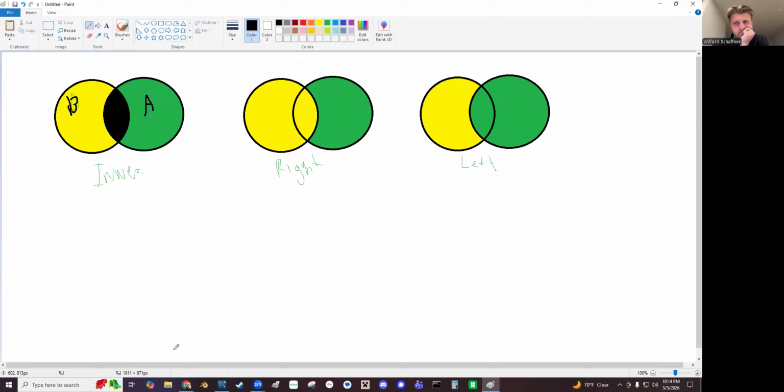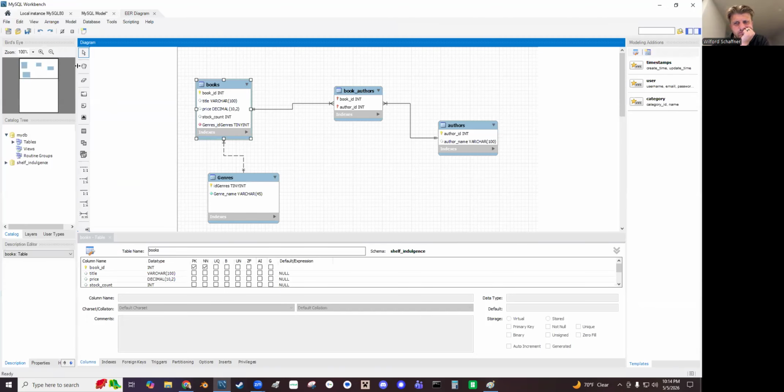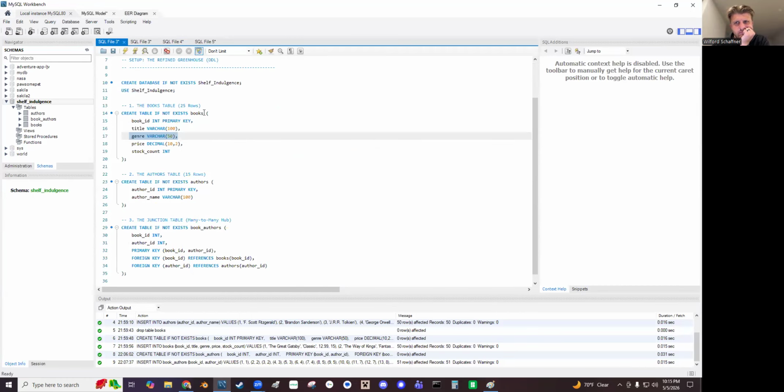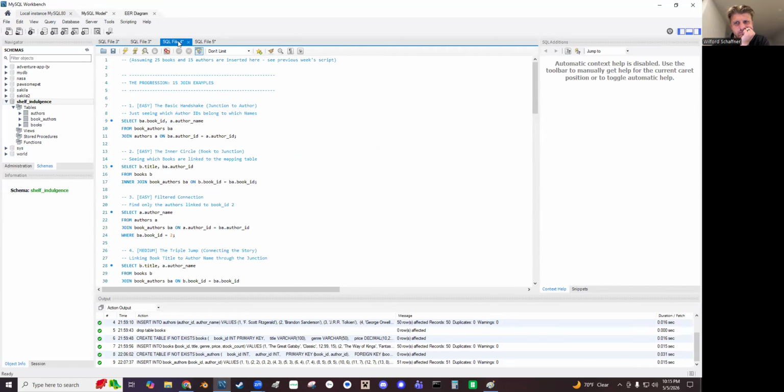I'll show you the examples of that. So go back over to our thing here. So here I just want to see which book IDs belong to an author. So here I'm going to select from book authors, right? Book ID,